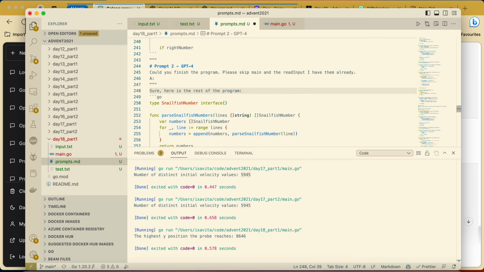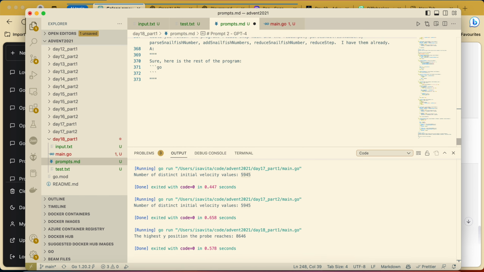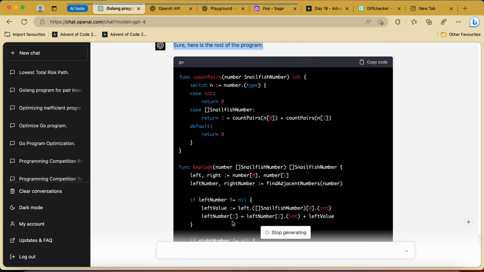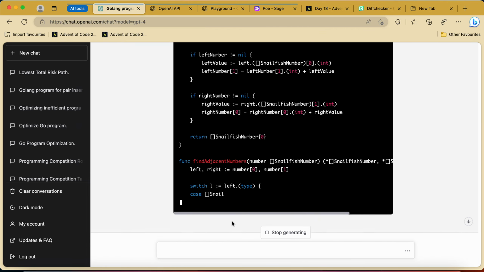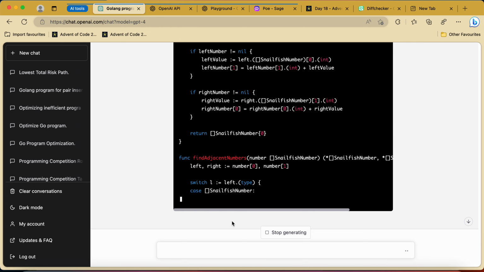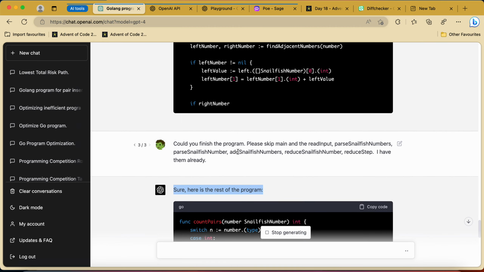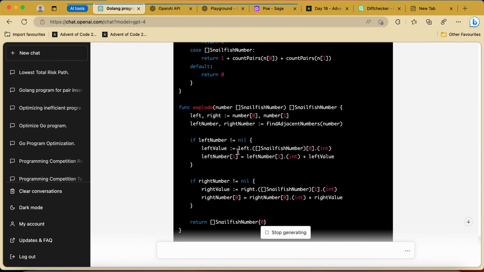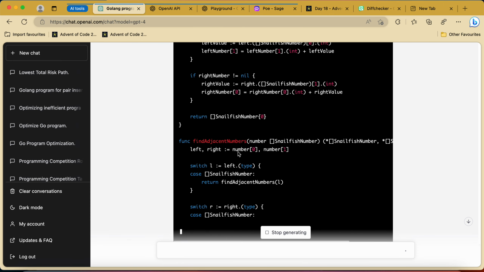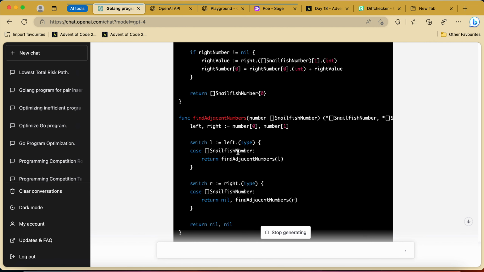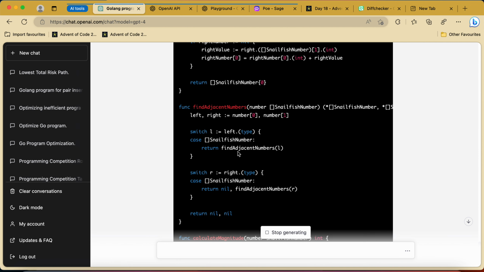And here it shows the rest of the program. Explode adjacent number. The previous time it wasn't able to complete this one, but I won't be surprised if after this one there is